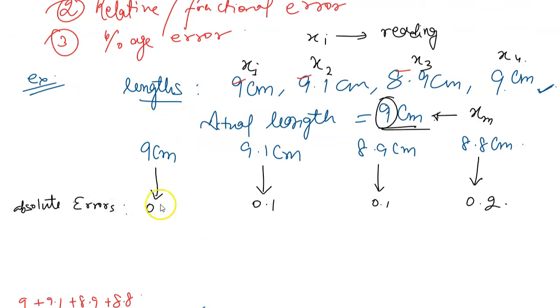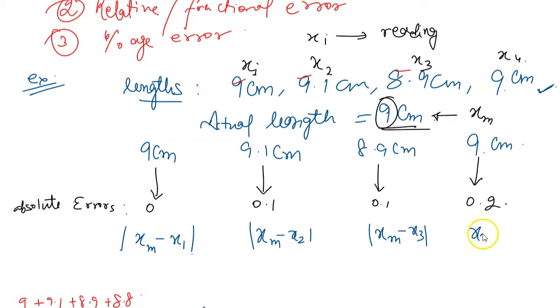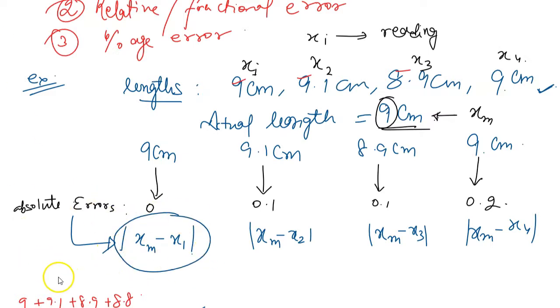And what is absolute error? So in 9 centimeter, you can see, first I'll make this as 9. 9 centimeter, how did I find the error? I took the absolute value of x1 minus x mean, right? Or you can also write it as, it doesn't make any difference, x mean minus x1. This is x mean minus x2. This is x mean minus x3. This is x mean minus x4. So these are absolute errors. How do we read it? This is absolute error